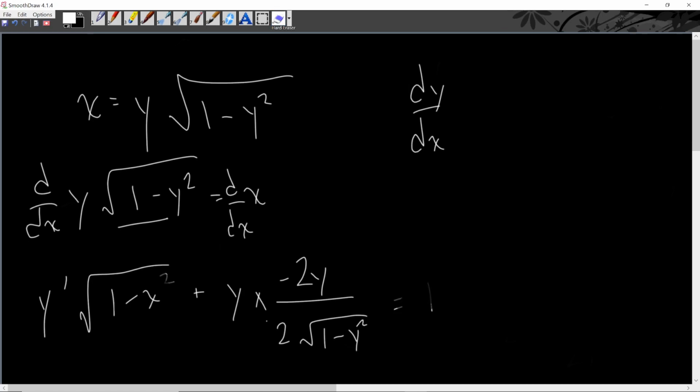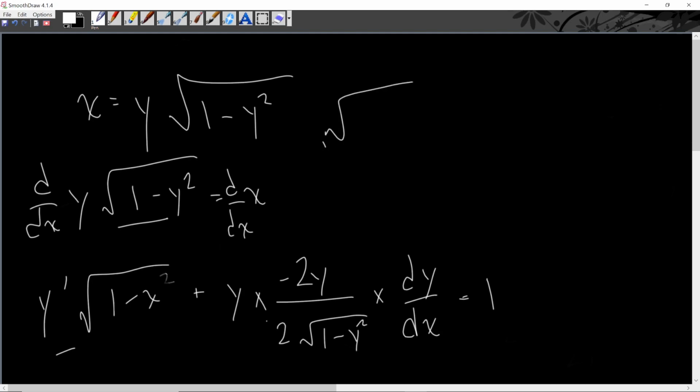And I forgot, this is also with dy dx. Then from here, derivative of y is going to be d dy of y, which is 1, times dy dx. So we're going to be left with square root of 1 minus x squared dy dx minus,